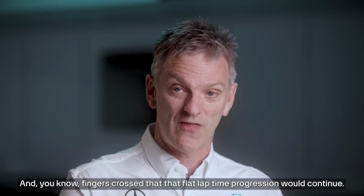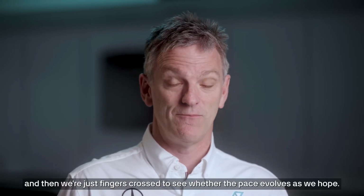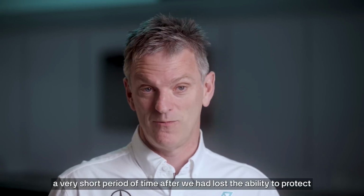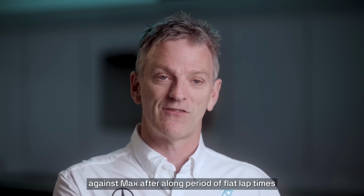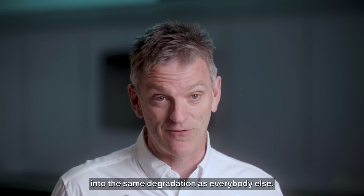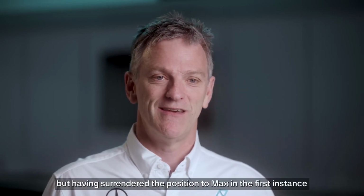And, you know, fingers crossed that flat lap time progression would continue. A lap goes by and we've effectively been undercut. And then we're just fingers crossed to see whether the pace evolves as we hoped. But rather crushingly, within a very short period of time after we'd lost the ability to protect against Max, after a long period of flat lap times with Lewis, his lap times turned south on us and it turned back into the same degradation as everybody else, turning us into a two-stop car along with everybody else,